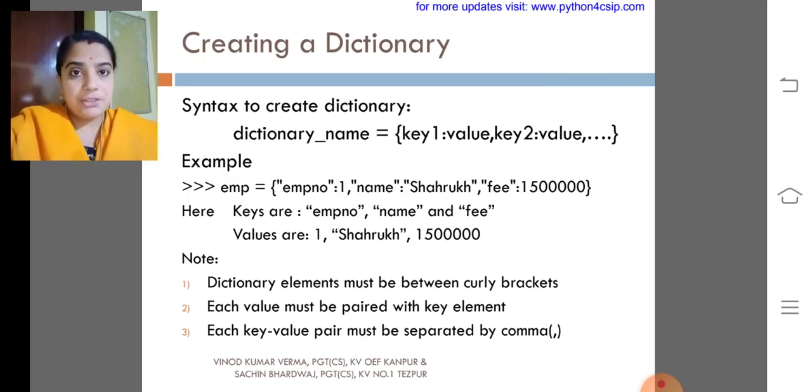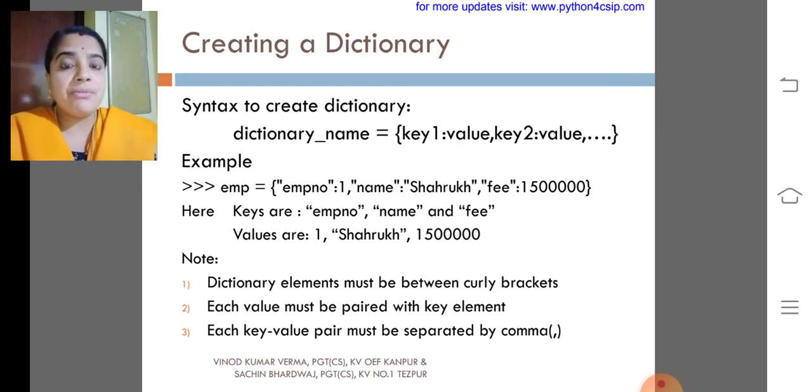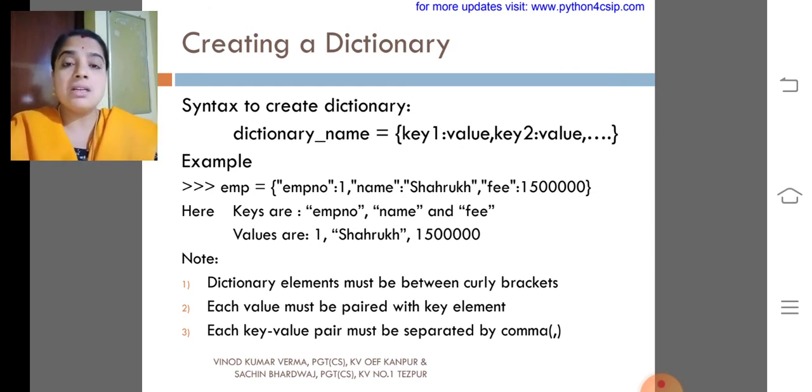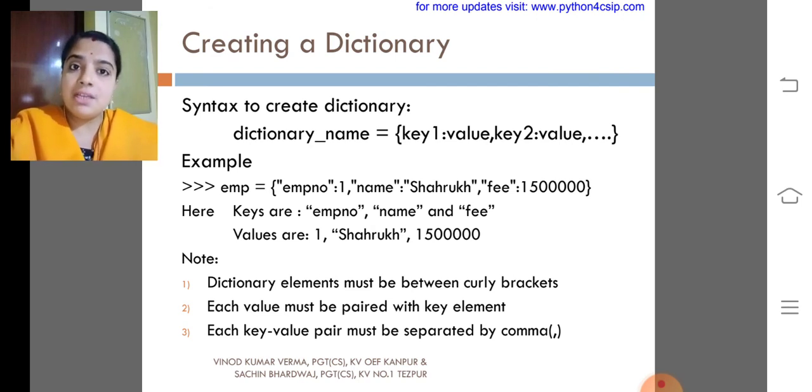How to create a dictionary? A dictionary can be created by the use of curly brackets. Key value pairs are separated with a comma. The key and value are separated with a colon. My dear children, there are many ways to create a dictionary. Let us discuss what they are.